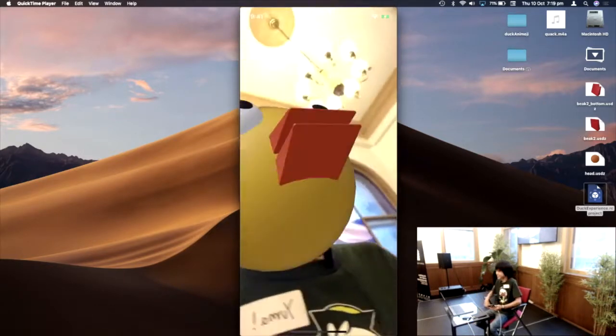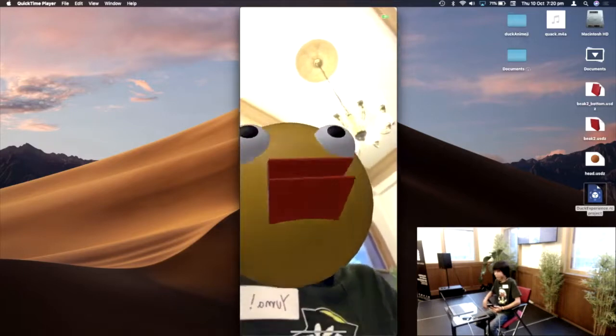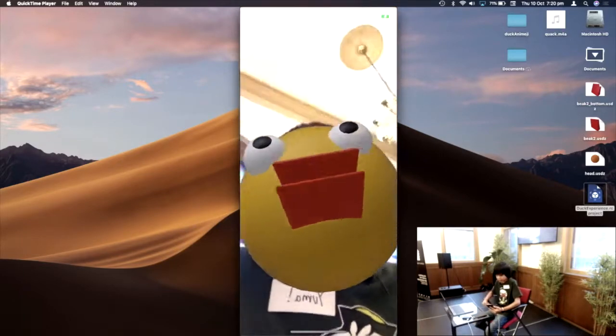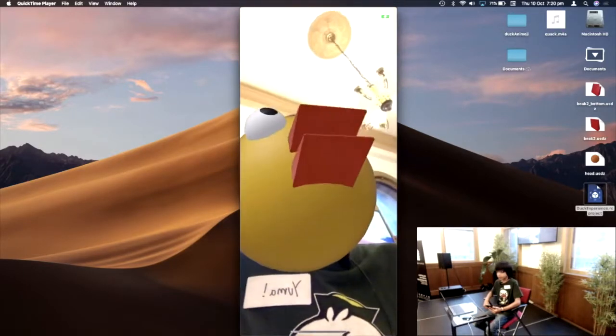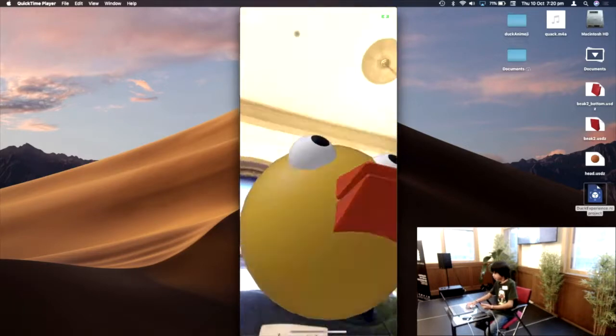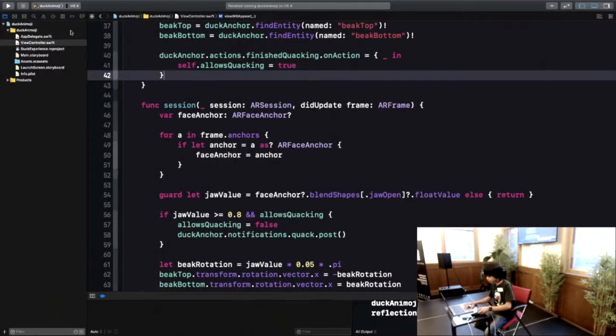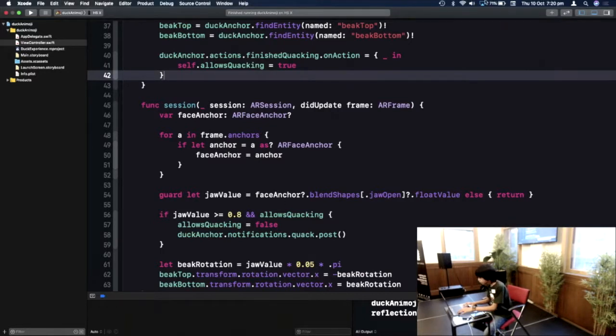So it's kind of like an alarm when you keep quacking, but anyways, that could be fixed. I have enough time. I'm just going to stop running, and I am going to